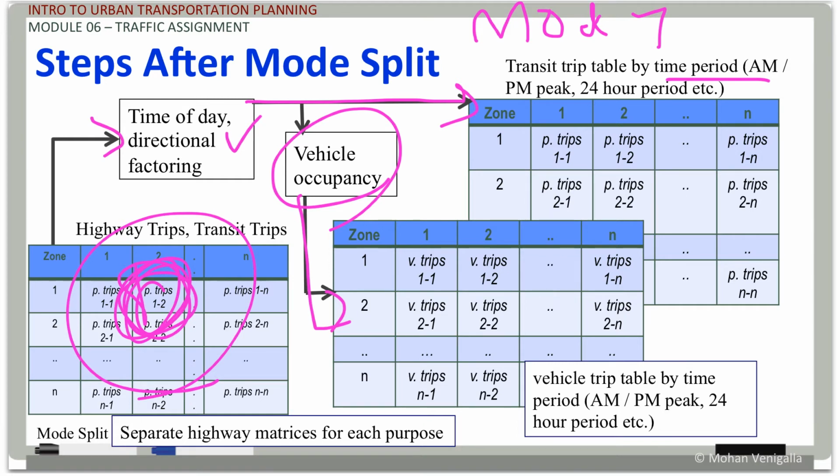That's the reason why you maintain this separate identity, and you find out how many trips during a particular time period of the day, and then with purpose specific vehicle occupancy, bingo, you get vehicle trips. V trips means vehicle trips. So this is a consolidated vehicle trip matrix for all purposes, and it is the one that is going to your